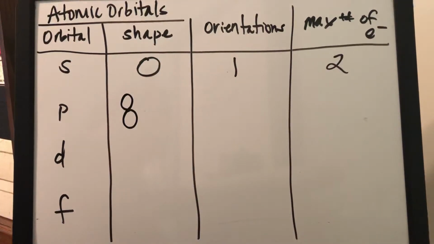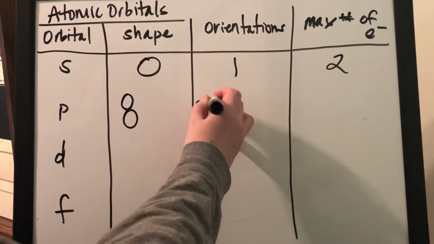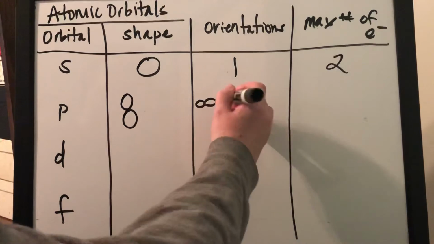Shaped like a dumbbell is the slang name for it. And there are 3 orientations of the p. If you think about it, they're aligned along the x, the y, and the z axis. So the p orbital aligned along the x would look kind of like this, right? Think x as horizontal. The p orbital aligned along the y would look like the one I drew here,